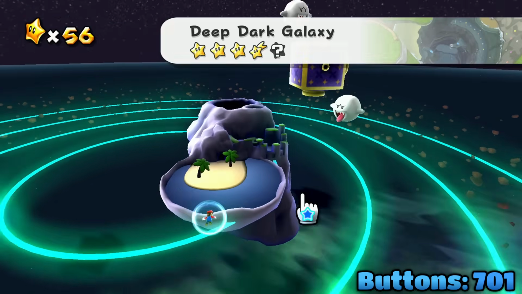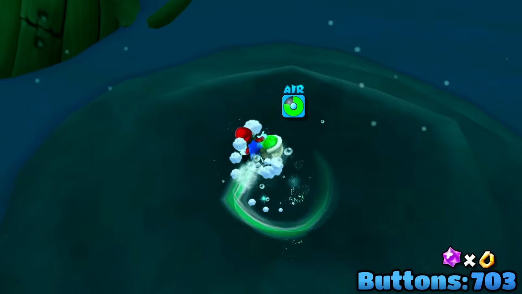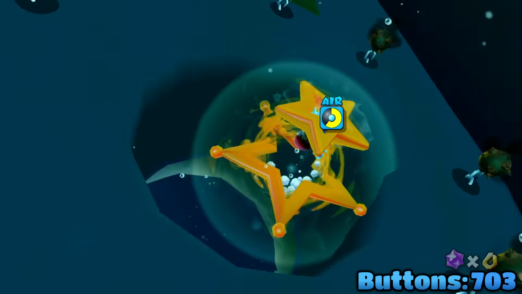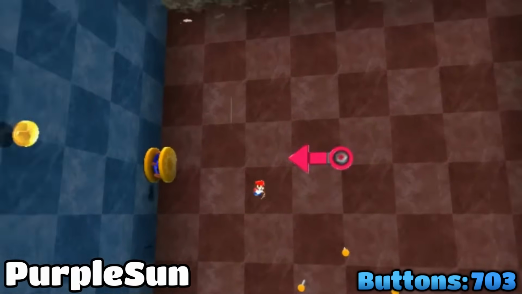Pull star, deep dark, fly, and select the boo in a box star. We swim down to the bottom, grab a green shell, and throw it into these bombs before using the launch star. In this room, we do some crazy shenanigans to get up and flip the arrow, ground pound this bounce pad,